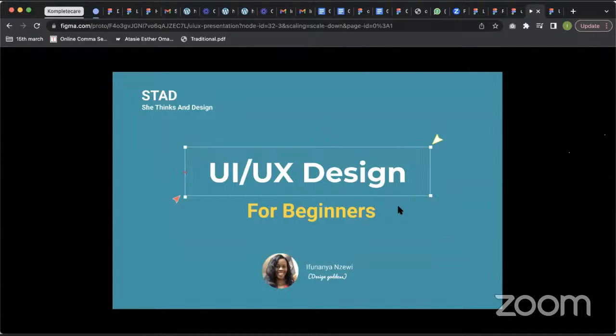When I first got into UI UX, or I was told about UI UX, I really did not know about it. I was told about it by my brother. I had already started, I wanted to learn front end design, and I was already a graphic designer. People were telling me that I think it's better for you to do UI UX design than web design or graphic design. So it was really, really strange to me.